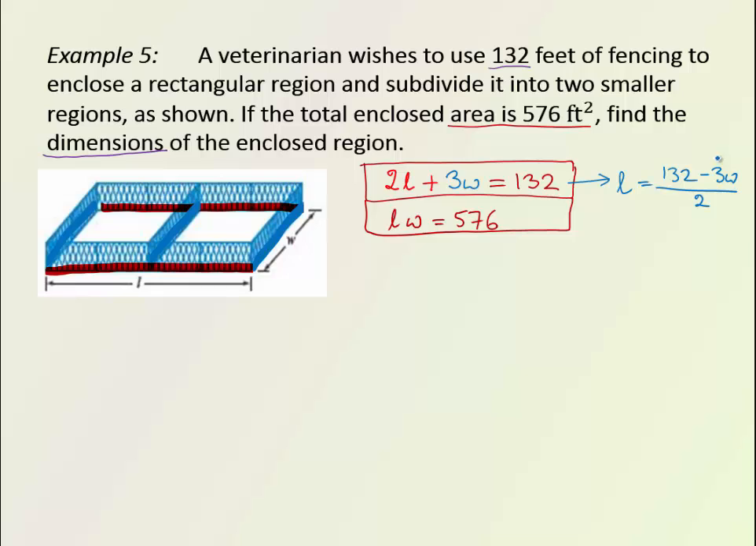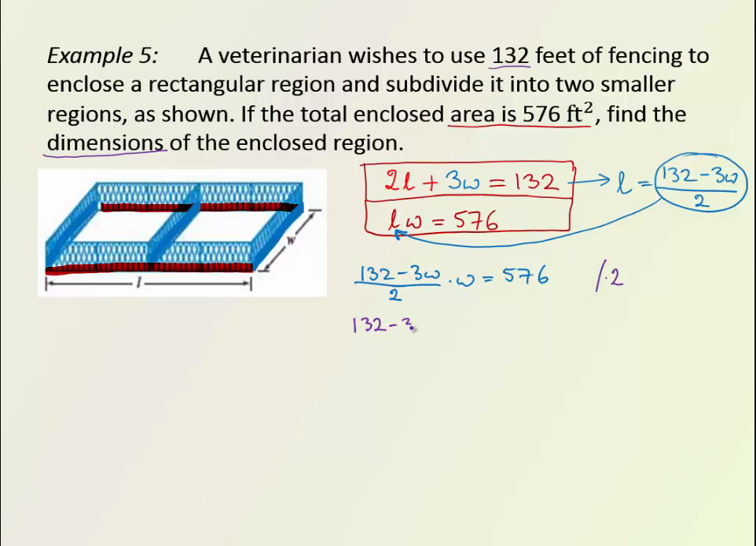So this is the substituting expression. Then we're going to plug it into the second equation instead of L. So let's put this together: 132 minus 3W over 2 times W equals 576. Now we can notice that this indeed will be a quadratic equation because W's are multiplied by itself. How to simplify it? I would suggest multiplying by 2 to get rid of this denominator. So we'll have 132 minus 3W times W equals